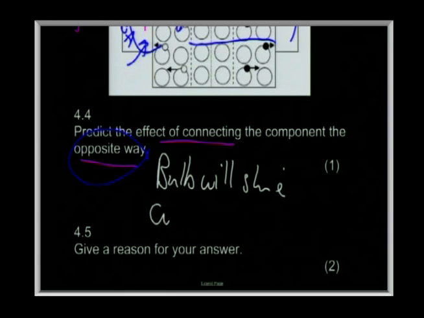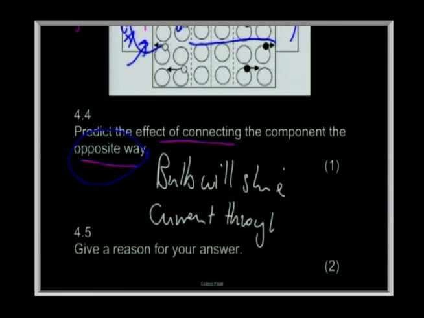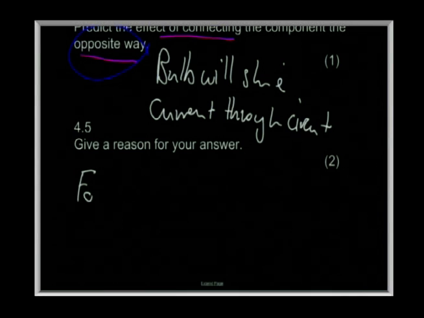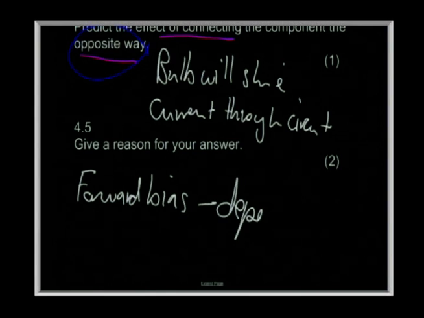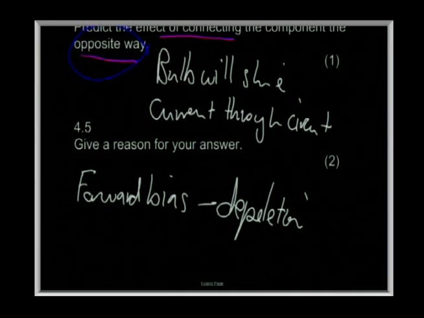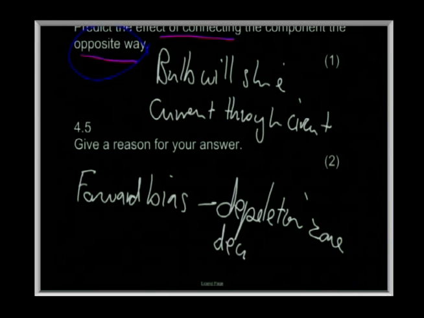There will be a current through the circuit. And the explanation for that is that we are now in a situation with forward bias, and I've explained that, which you can add to. So there's going to be a movement of charge. The depletion zone is going to decrease. Depletion zone will decrease in size,